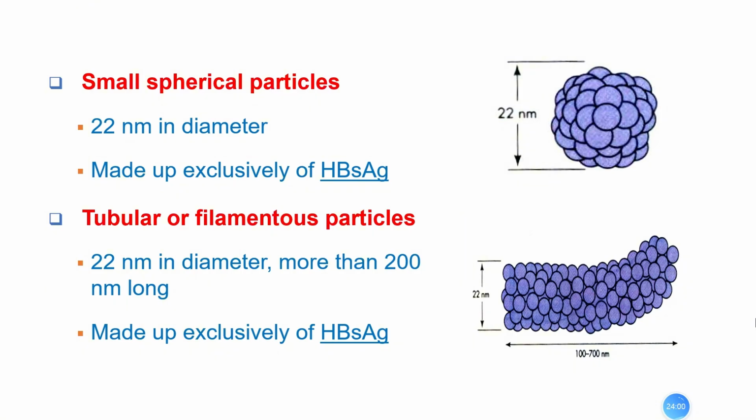Okay, this is the first type. The second type is a tubular one, this one, or filamentous particle. The diameter or the width is